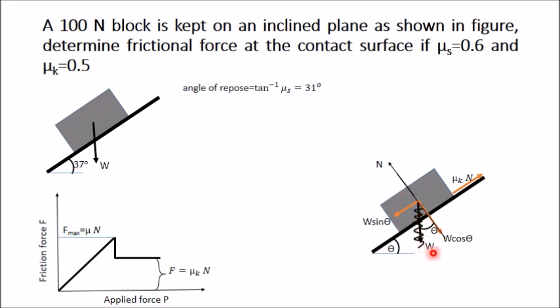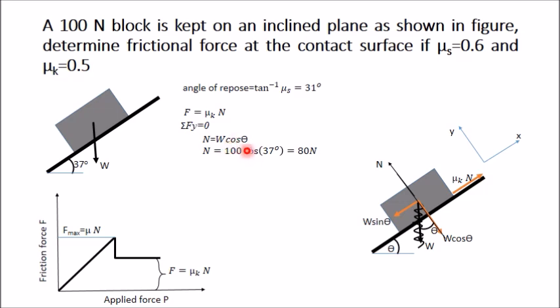Now you can cancel this W because you have resolved it into two components. Now take this direction as the x direction and this direction as the y direction. We know that friction force is μk into N. To get the value of N, I apply the equation of equilibrium in the y direction. Since this block is accelerating along the plane, in the perpendicular direction you can apply sigma Fy equal to 0, because there is no motion along this perpendicular direction. From this equation you can see that this normal reaction N, which is along the y direction, minus W cos θ, which is in the negative y direction, is equal to 0. From that you will get N is equal to W cos θ.